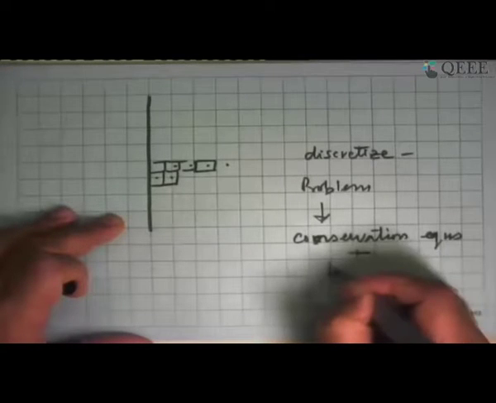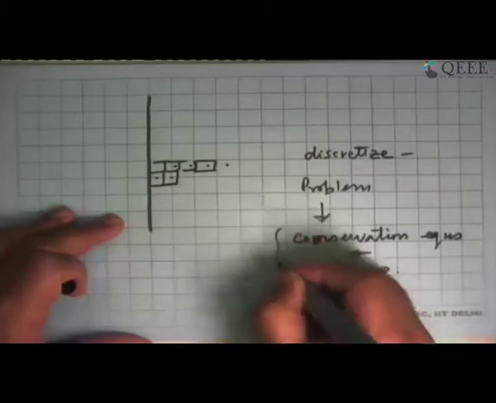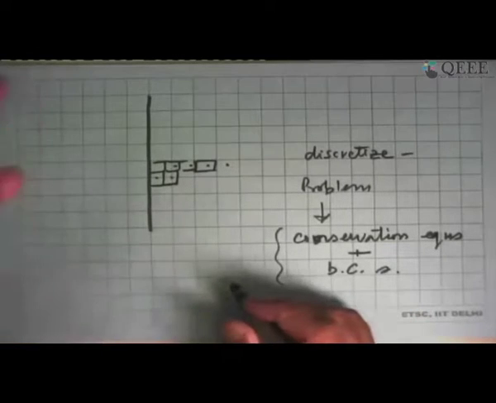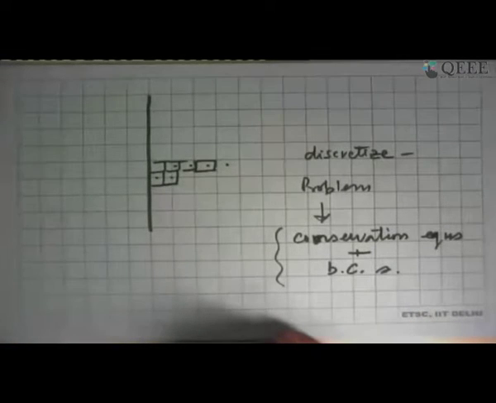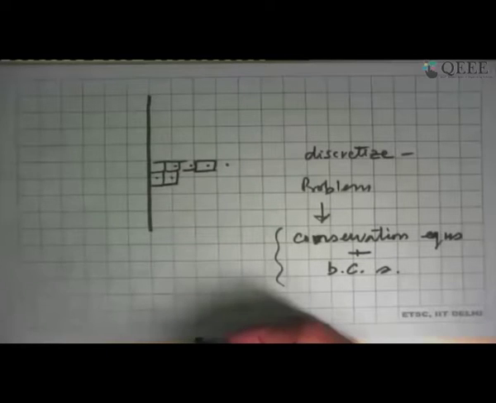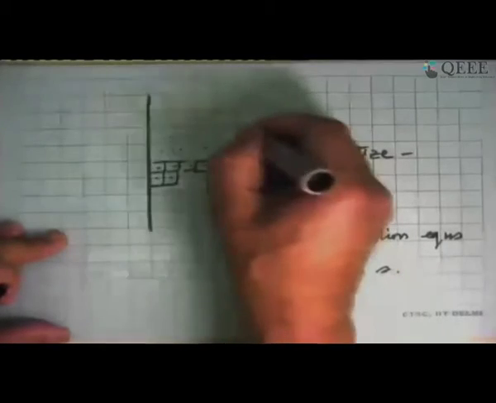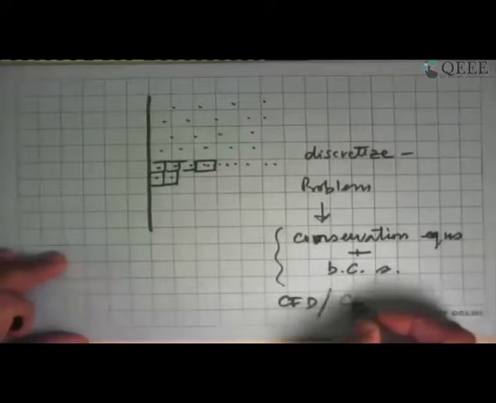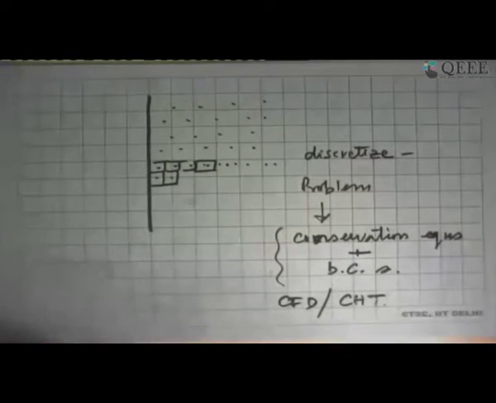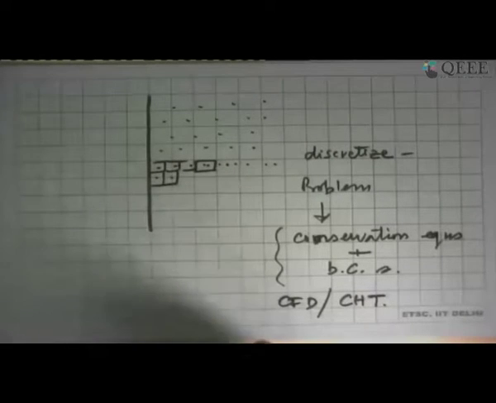And to that, what are the boundary conditions to be applied? And then you can go to a software or a package or write your own code, or a mix of those two, and get the solution as temperature and velocity at every point in this whole domain. That is the idea of CFD, or what we may call here computational heat transfer. That's what we will be doing.